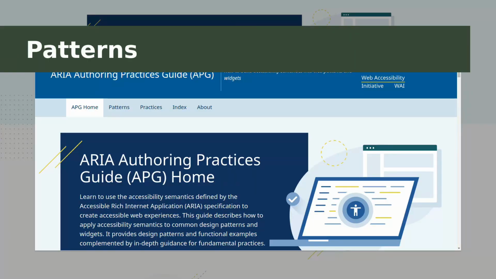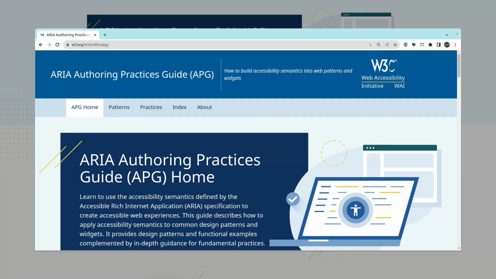I'm sure, like me, the UX on your team has given you designs at one point or another that require some kind of component that you don't actually have. What can you do about this, and how can you make sure that components that you have to build are accessible? W3C has a great site called the Website Authoring Practices Guide, or APG for short.